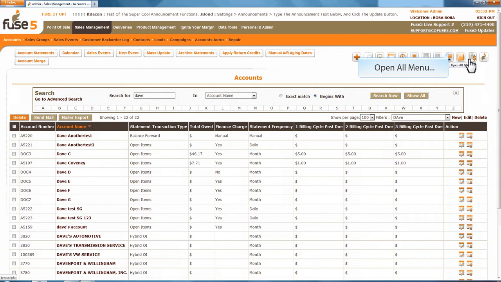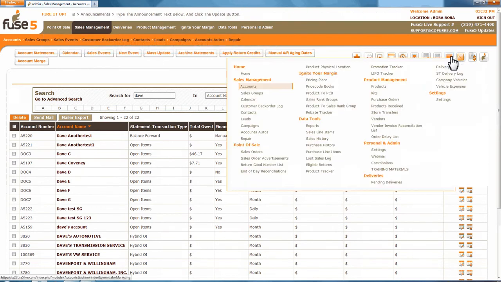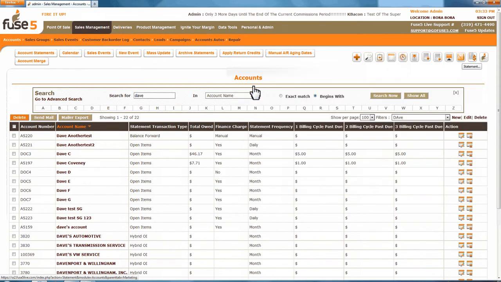Now I'll remind you, you have 7 tabs across the top that can be accessed by hovering over them and going to the drop downs. And you'll notice some of them have a drop down and then additional options to the right. The other way that you can access all of these same places within Fuse5 is to use the Open All Menus button. If I click on that, you'll see it opens up all of the same options. If I wanted to go to, for example, the accounts page, I could simply click on accounts and it takes me to the accounts page. So I can access all of the same areas in Fuse5 that I can by using the 7 tabs at